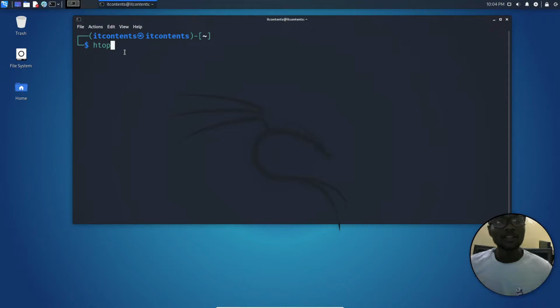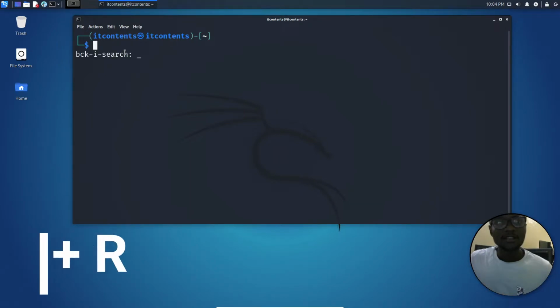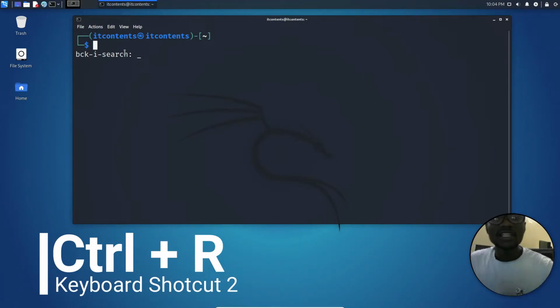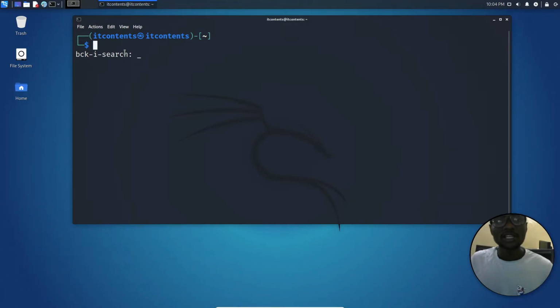Okay, now let's say you've got this long command that you ran, but you only remember a part of it. How can you search for that command? For you to do that, you need to press this keyboard shortcut, which is Ctrl and R. What that will do is bring in this search field, as you can see on the screen. From that search field, I can type in what I want to run. For example, if my command was TLX, as you see, as I started typing, it brought the command